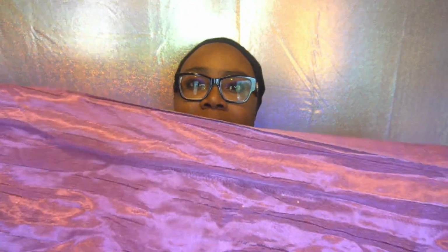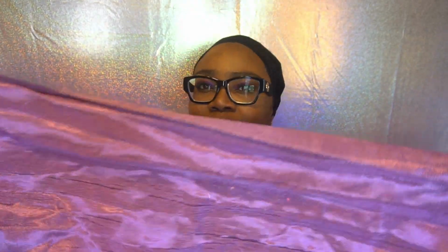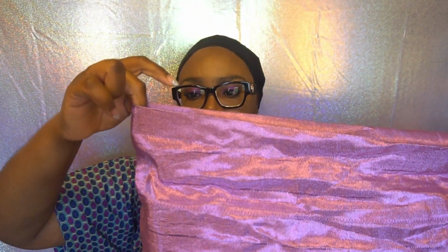If you like, you can always steam this, just add a little bit of heat to straighten out the wrinkles, but you'll be adding even more wrinkles this time around, so there's no need to straighten it. If you have one that looks like this, you can use it. So what I will do for this one is I'm going to fold it in half, just like so,